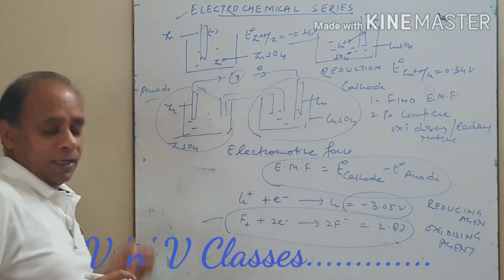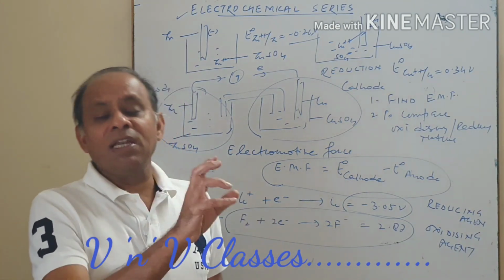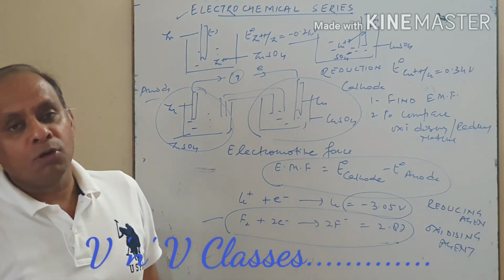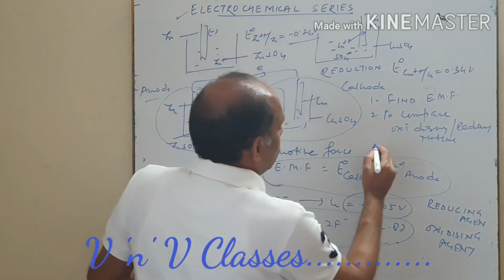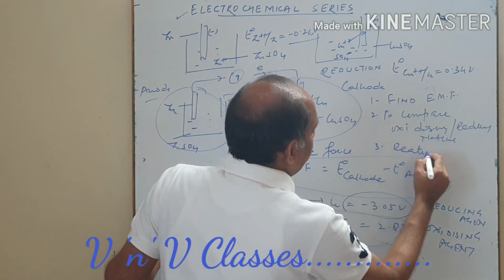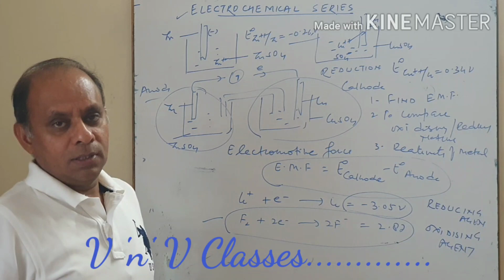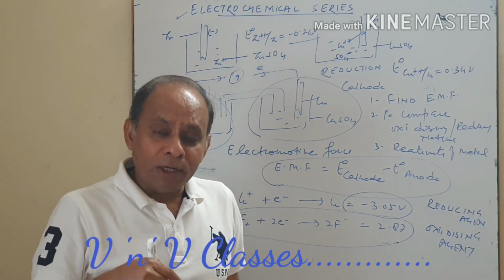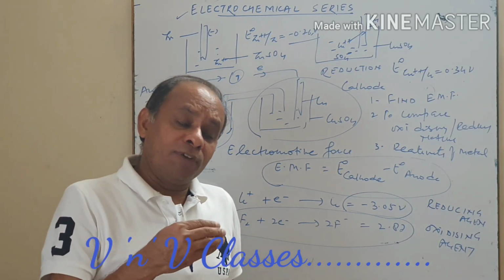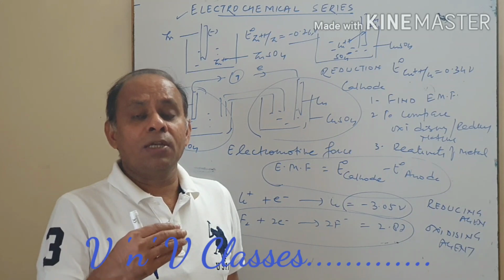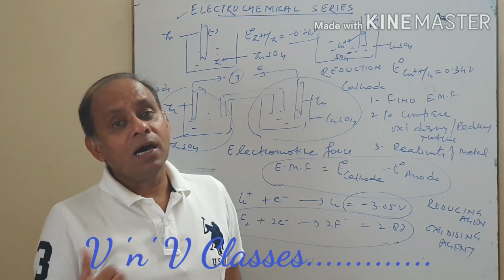Next, we can also compare the reactivity between the metals, that is, which metals will be more reactive or which metal can displace another. So this is another case. You can compare the reactivity of metals also, that is which metal is going to replace another. Remember, a good oxidizing agent prefers reduction, and a good reducing agent is going to undergo oxidation. So the metal which oxidizes itself replaces the other metal.